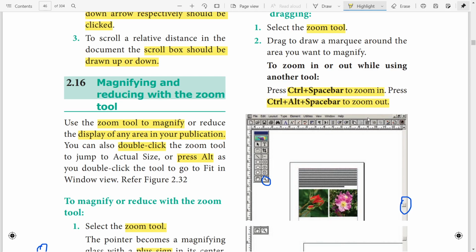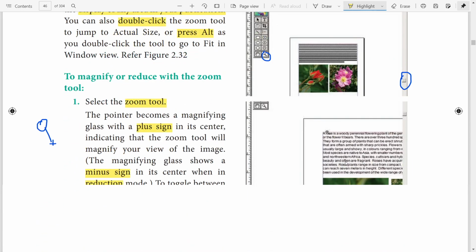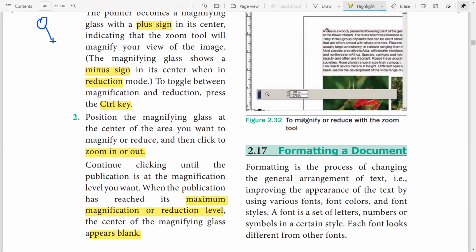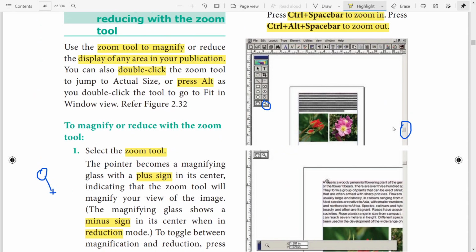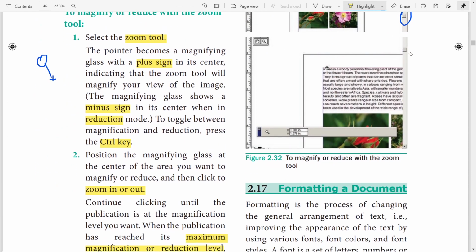Zoom in means enlarging, zoom out means reduction. See, the image is like this, but we have enlarged it to a bigger size. You can identify a plus icon over here, so you can maximize its size.